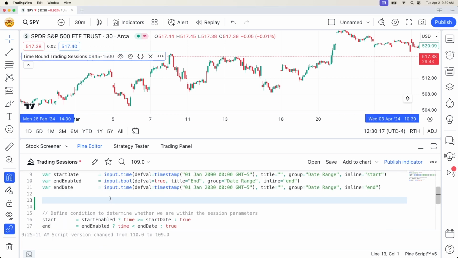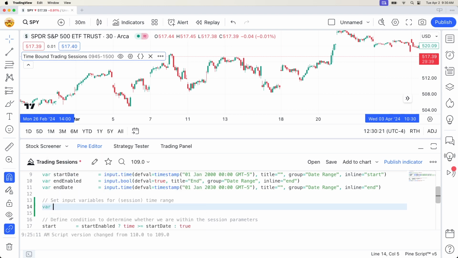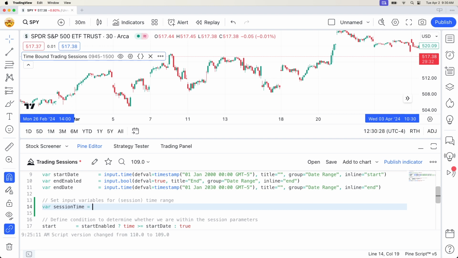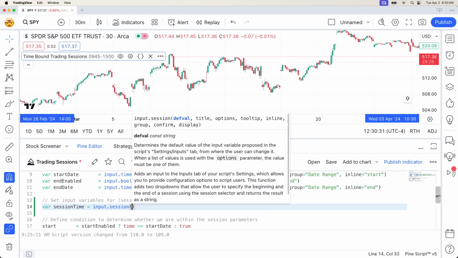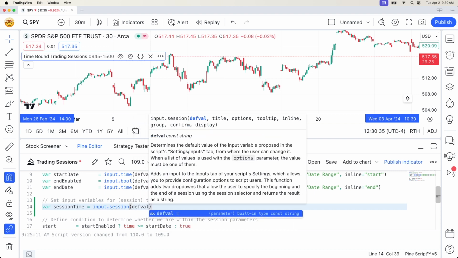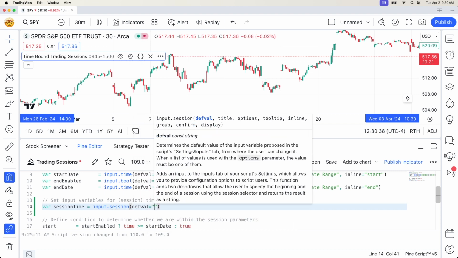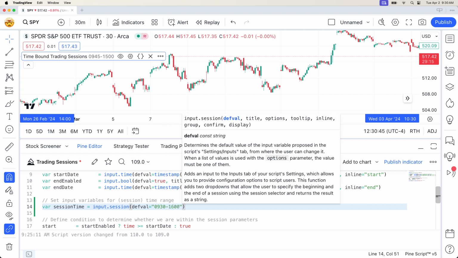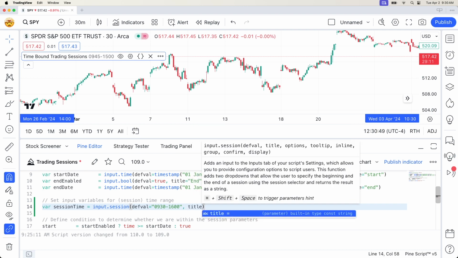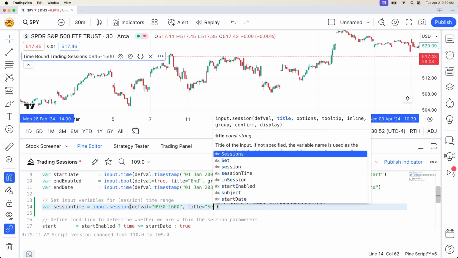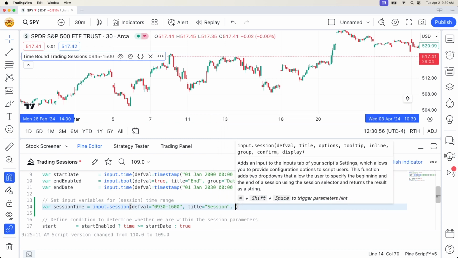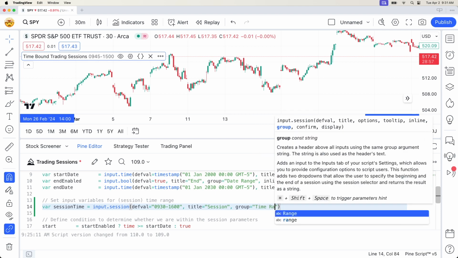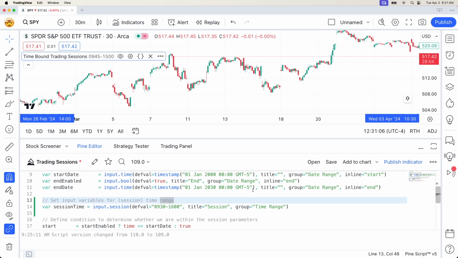First, we set our input for our time range. A time range variable that we can name session time as input session with a default value from 9:30 a.m. to 4 p.m. with a title of session, for example, in a group time range. That should be it. Let's save